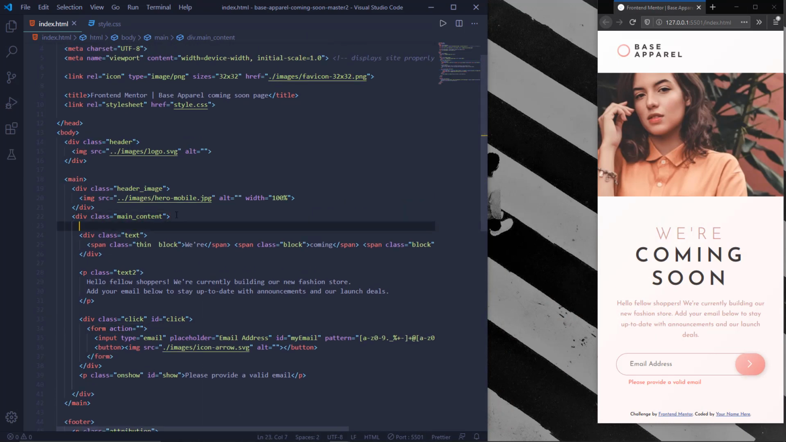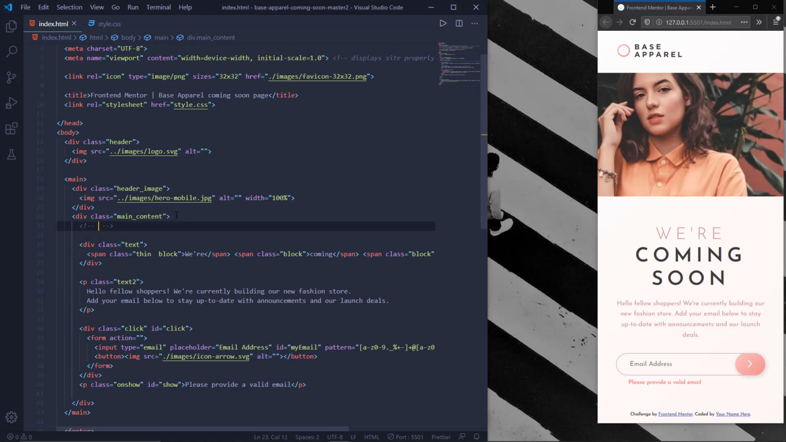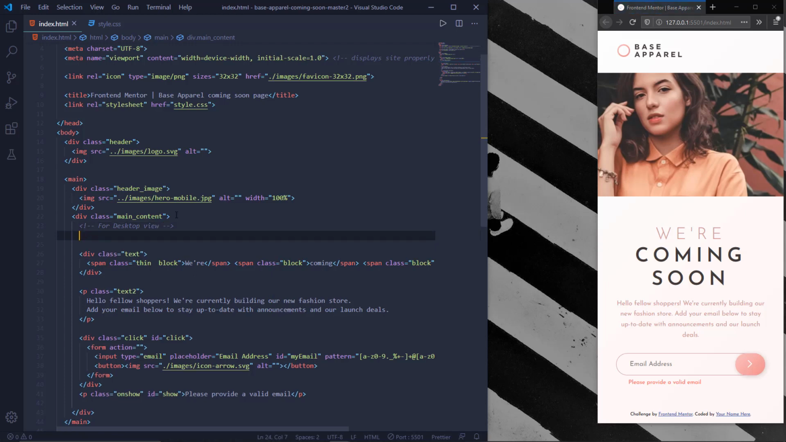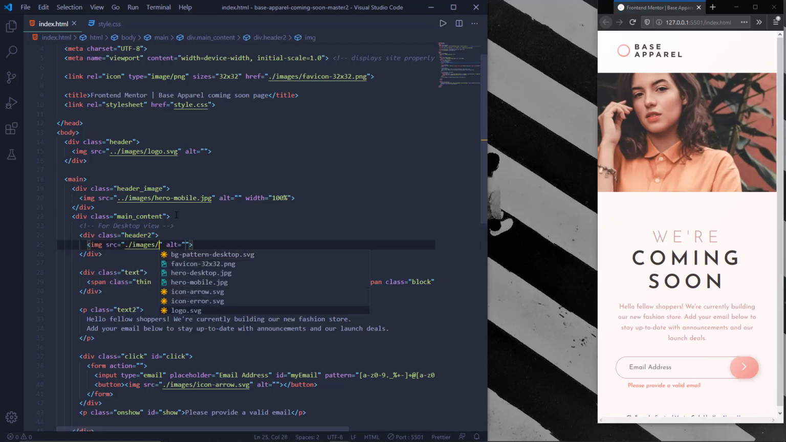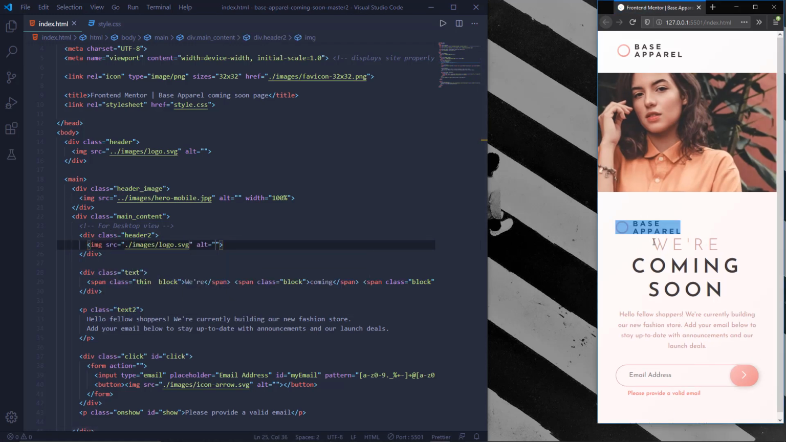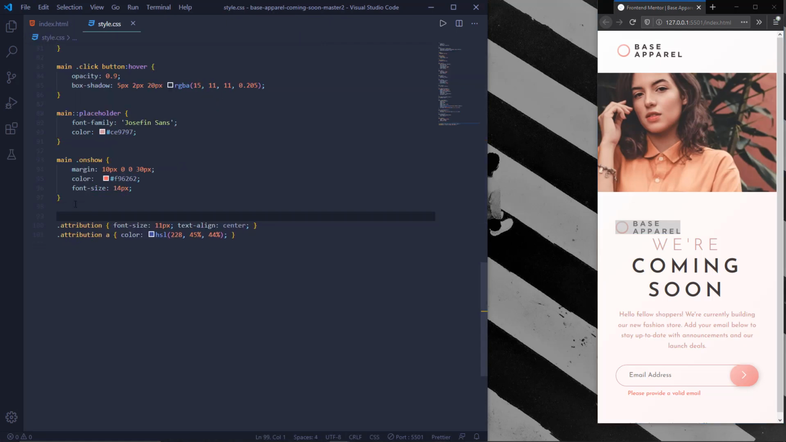So here we have main contents. So let's see for the desktop view. So header 2. I know it looks funny, but don't worry, we'll be hiding that in a second. Now moving back to the CSS file. Now let's see for